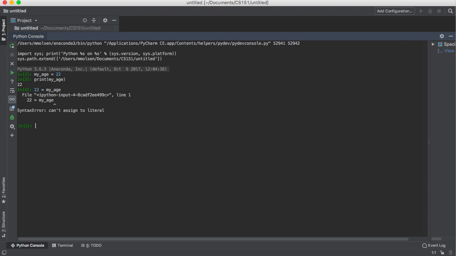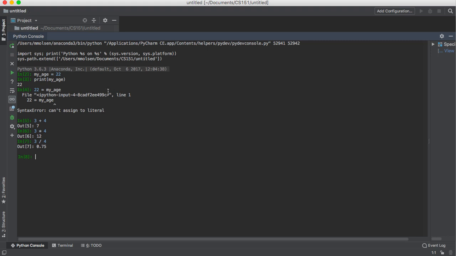Alright, so let's get into math. So the basic mathematical operators are exactly as you would expect. So I can type in some Python command, so in this case 3 plus 4, and I can see the result, which is 7. So that is in fact addition. 3 times 4 is an asterisk, 12. 3 divided by 4,